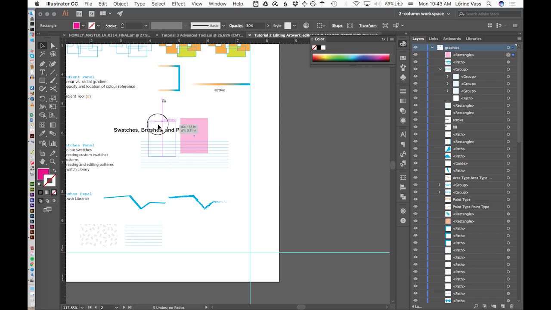So if I put it above something else, it's going to see through. And there's a really easy way to create new color swatches from transparent objects, and that's by